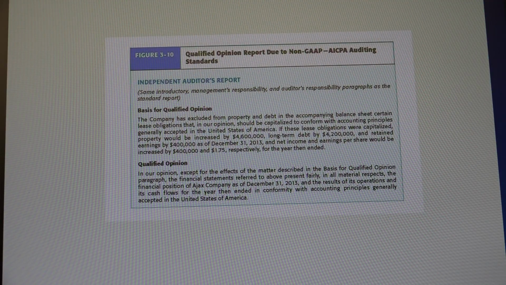So you have a situation here: the company excluded from property and debt in the accompanying balance sheet certain lease obligations that in the auditor's opinion should be capitalized to conform with GAAP. Here, these lease obligations are known, and so in this case, the auditor can issue an opinion